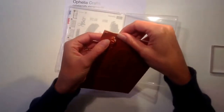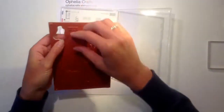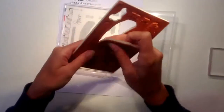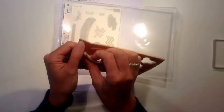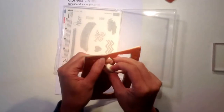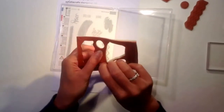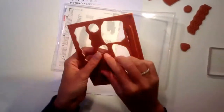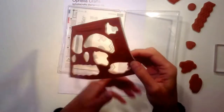I take out all the stamps, and they're only attached by tiny little bits, so it's easy to take them out. Do be careful you don't tear them, but I've not torn one, so that should be okay. And then once I've got all my images out of my page here, on my rubber page,